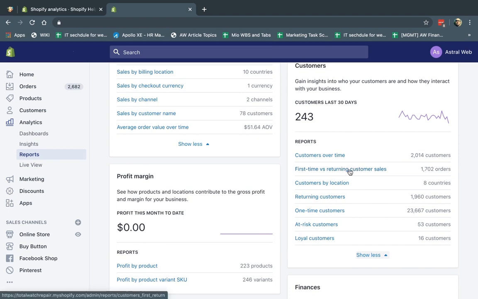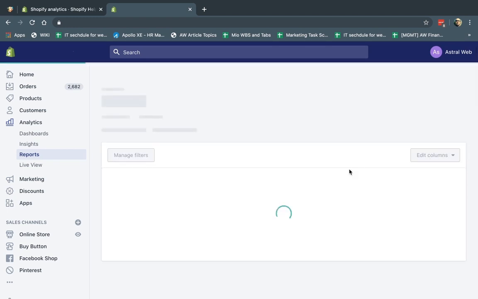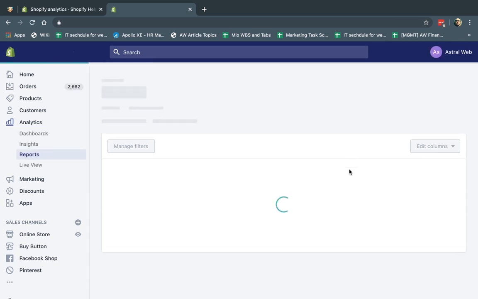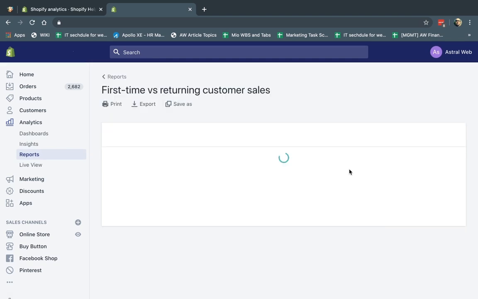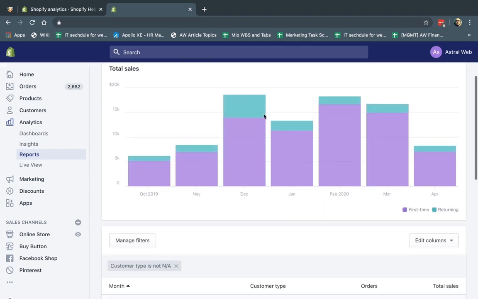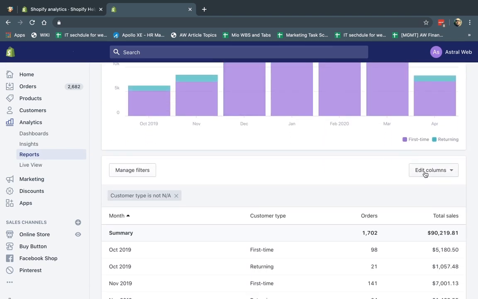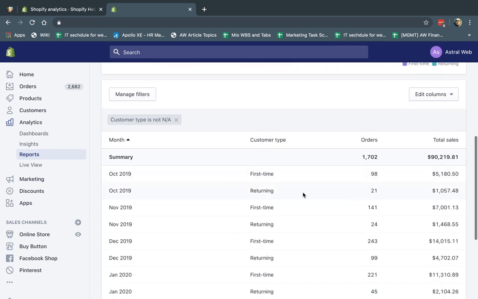So let's look at some of these reports. Okay, first time versus returning, so you can see your bar. Again, you can always customize the columns and manage the filters, and you can see the difference.